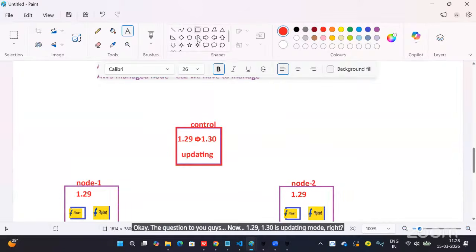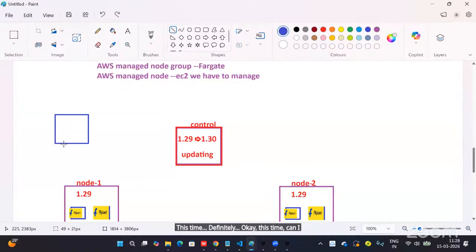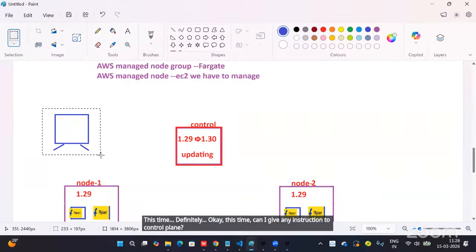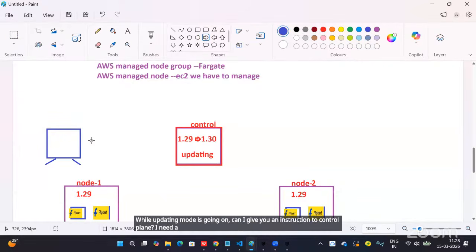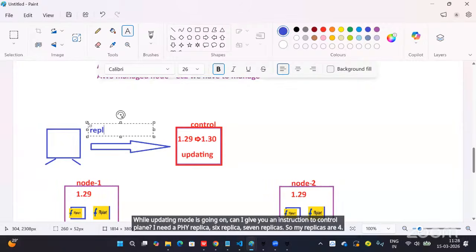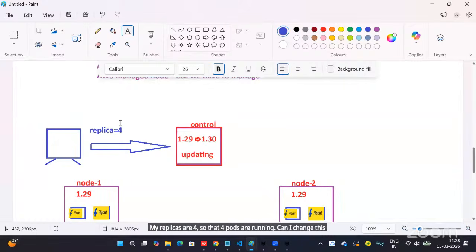During this time, can I give any instruction to the control plane while the updating mode is going on? Can I give an instruction to the control plane, like I need 5 replicas, 6 replicas, 7 replicas? My replicas are 4, so 4 pods are running. Can I change the replicas from 4 to 6 and redeploy while the control plane is updating?